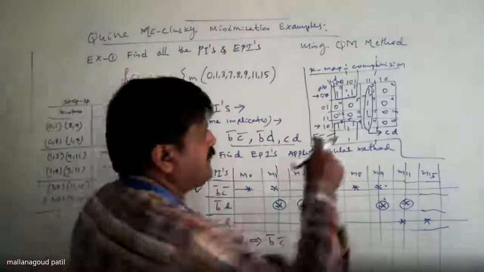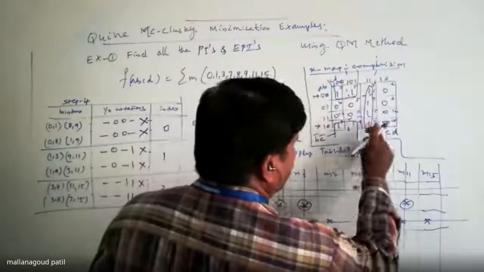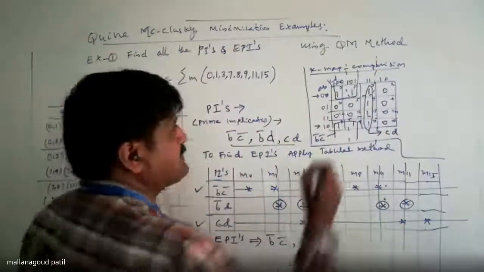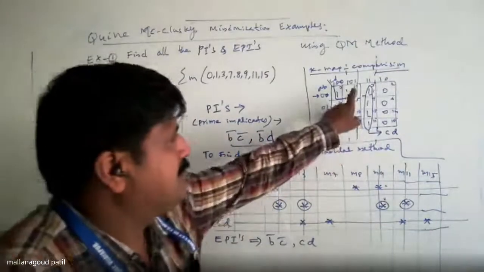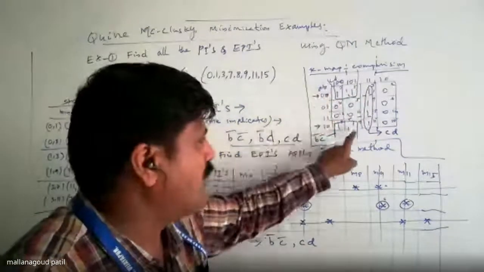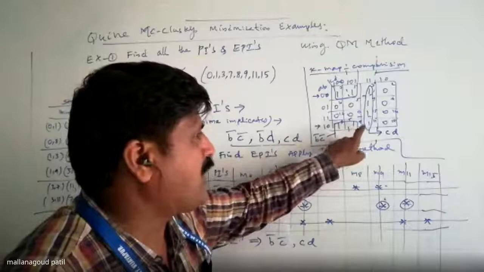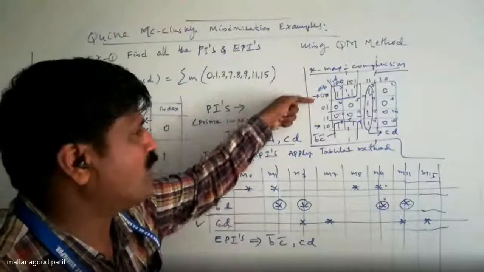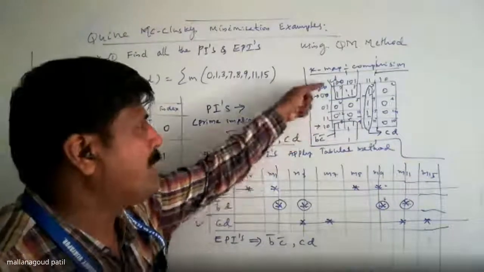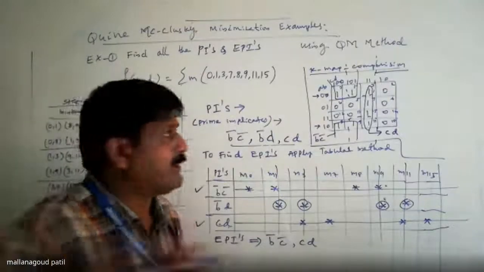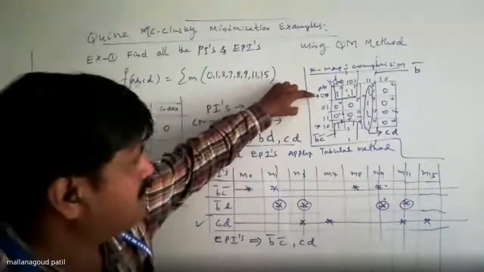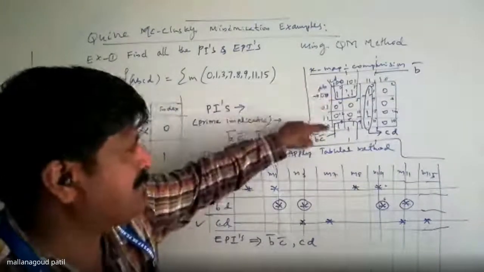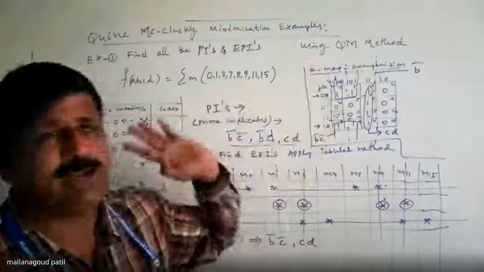Now you see, 1, 3, 9, 11 is possible. Then what is the term for that? 1, 3 are in the second column, third column, first row; 9, 11 are in the second column, third column, last row. What is the address of the first row? 0, 0. What is the address of the last row? 1, 0. Which is common? B is common. Then how do you write that one? B bar. 0, 0, 1, 0: the common is B with value 0, so I write B bar.